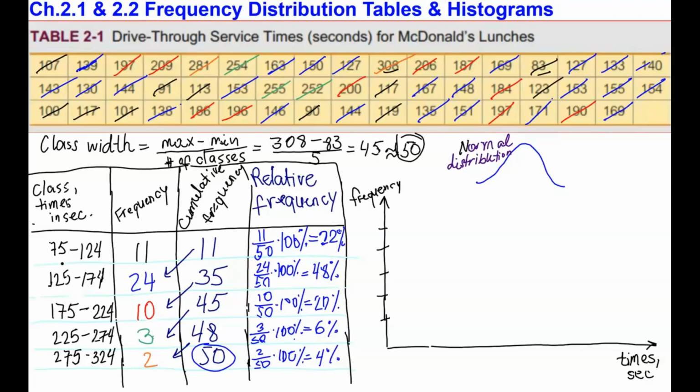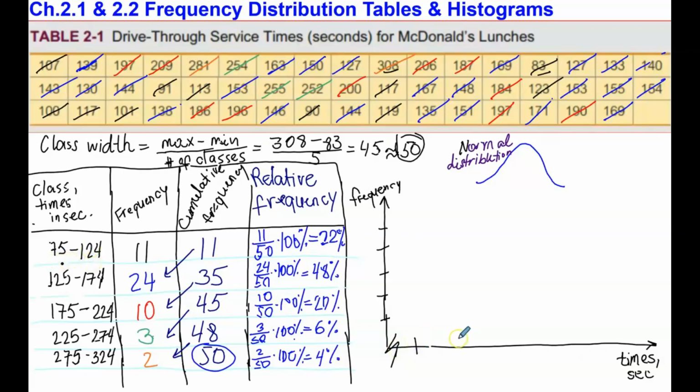A histogram is a graph of frequency distribution, where frequencies are displayed as bars adjacent to each other. The horizontal scale represents classes and the vertical scale represents frequencies. The heights of the bars correspond to frequency values. When we build the histogram, we use class boundaries instead of class limits to avoid the gaps. First, we don't start with the 0, so we're going to put the zigzag. The first class is from 75 to 124.